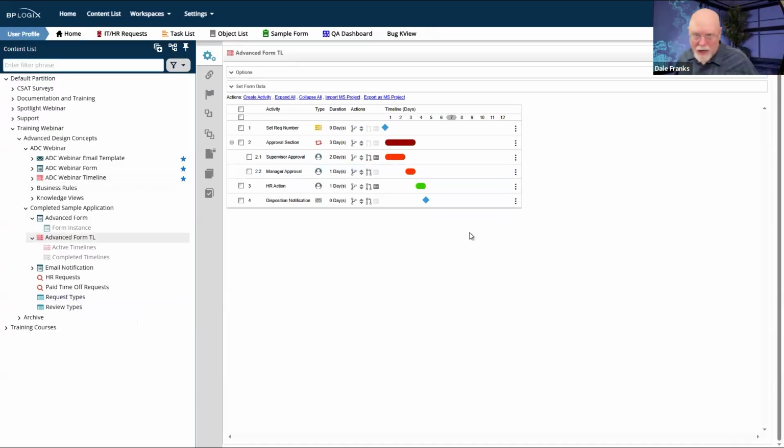Now, this sample application that I've created has a purpose of having a sort of multi-request type process where I have a couple of different requests. I've got a complaint request, I've got two different time off requests, and I've got some review dispute requests. All three of these different types of requests are HR requests. They're all ultimately going to require some sort of HR action. Even if it's just to log my days off in the calendar, HR has to do something.